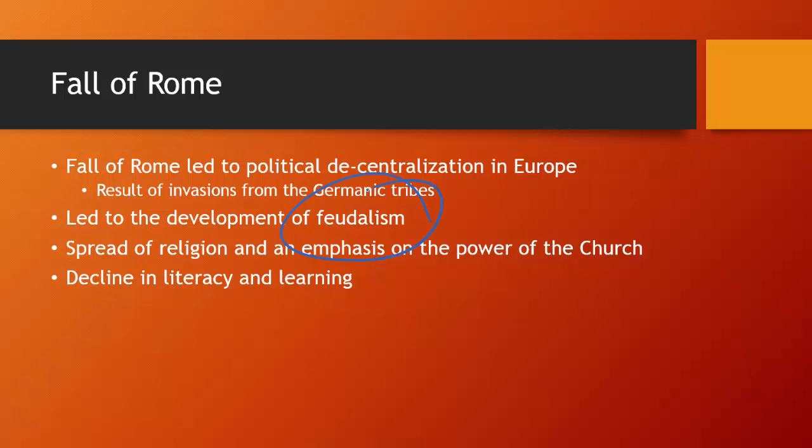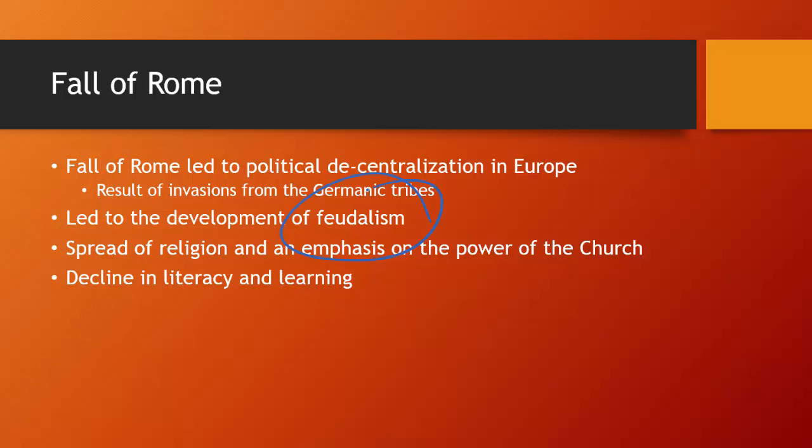So with that end of political centralization, the Christian church, the Catholic Church, kind of rises up as the new, in some ways, political unifier of the area. So we see a large push for the spread of Christianity. This is when we see the Christianization of Europe, but we're also seeing a decline in literacy, a decline of learning. Remember, everything becomes focused around religion, whereas the Romans were a little more secular, and they were focusing on learning and science and all these different things. Those things go away. The church becomes the major authority for everything. So you could talk about some of the changes in culture that happen as a result of that.